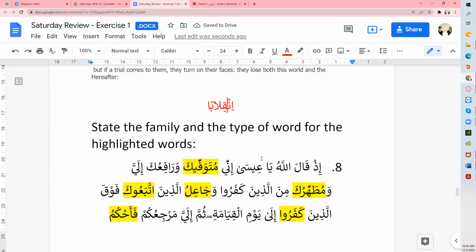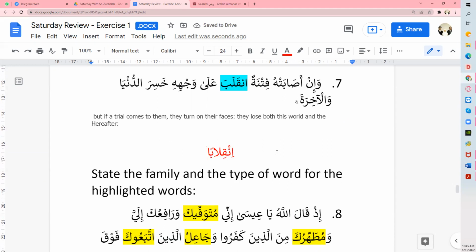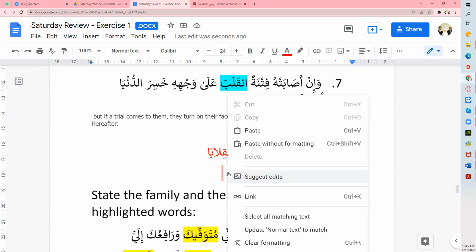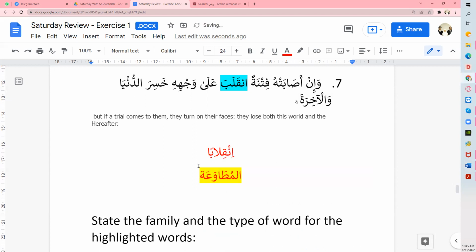Inqilaban. Yeah. In with the sukun. Okay, inqilaban. And the meaning is, of course, mutawa'ah. Yeah, mutawa'ah. The standard, we take the default. This one here, form 7. This is form 7, yes. So it's talking about self. That means it's being done to their faces. Their faces, they turn their face.